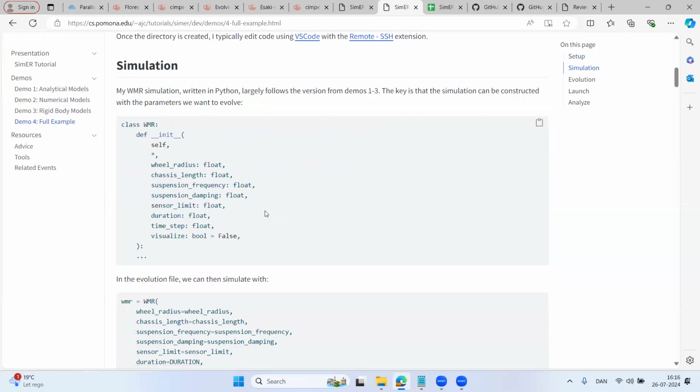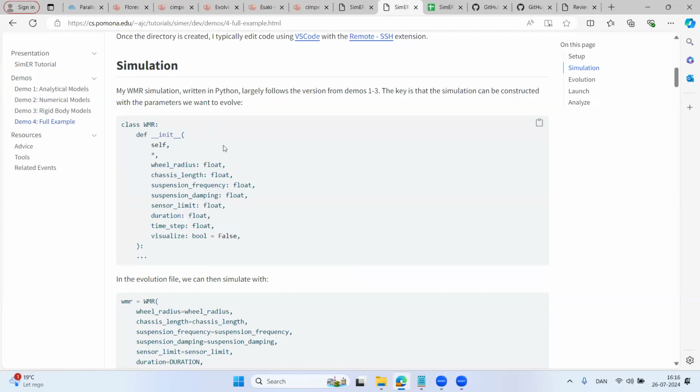Okay, so here's me showing you how I usually decouple simulation. I usually just create an independent class in whatever language I'm using, TypeScript or Python or C or C++, that just takes in the parameters and has nothing to do with evolution. It's just what are the things that are configurable on here. I probably should have put even additional parameters in here that I wasn't evolving just to show you that you can have the two things being separate. And then I always add a little flag at the end that says whether or not this time around I'm going to visualize something or not. Just build that into the simulation itself.